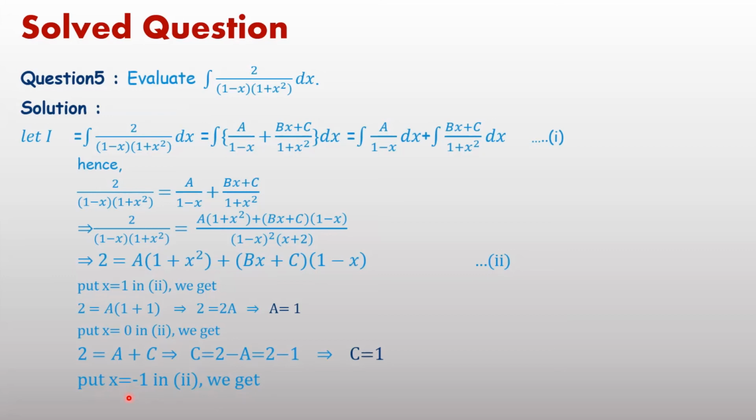If we put x equal to minus 1, then LHS 2 equal to 2A plus, in place of x minus 1, (minus B plus C) into 2. Put the value of A and C. Then 2 equal to 2 into 1, 2, minus 2B plus 2C. 2C means 2 into 1, 2. Therefore, 2B equal to 2 or B equal to 1. Now put the value of A, B and C in equation first,